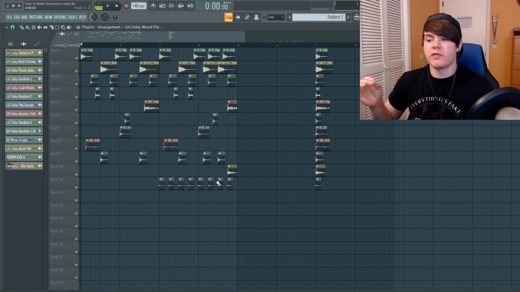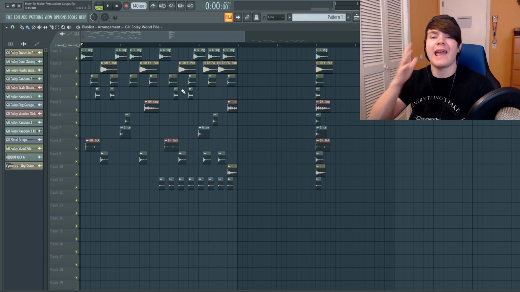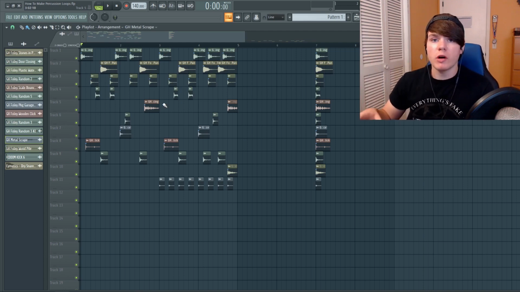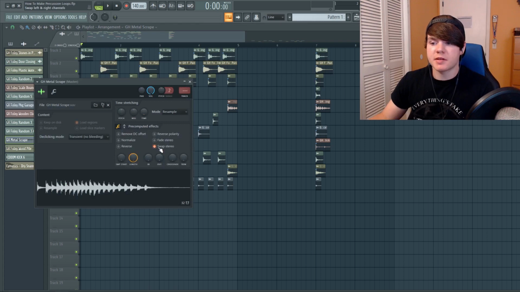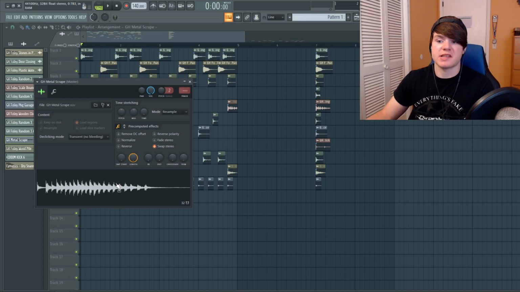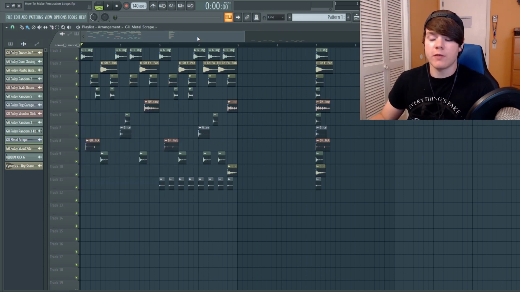That just adds a little extra variation and a little more background noise, especially since there's a few samples here that are panned kind of to the right. Now this sample was panned a little to the right as well, but I simply went in here and swapped the stereo, and now it is panned a little more to the left. It was originally this sound. I just took the little scrape at the end. Now we have our Foley drum loop,